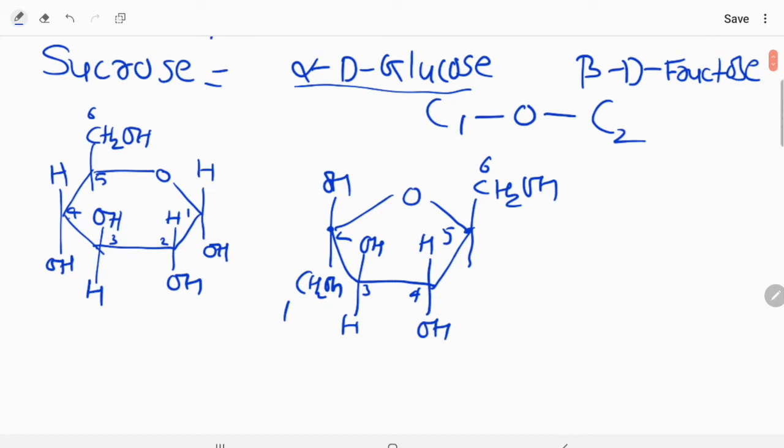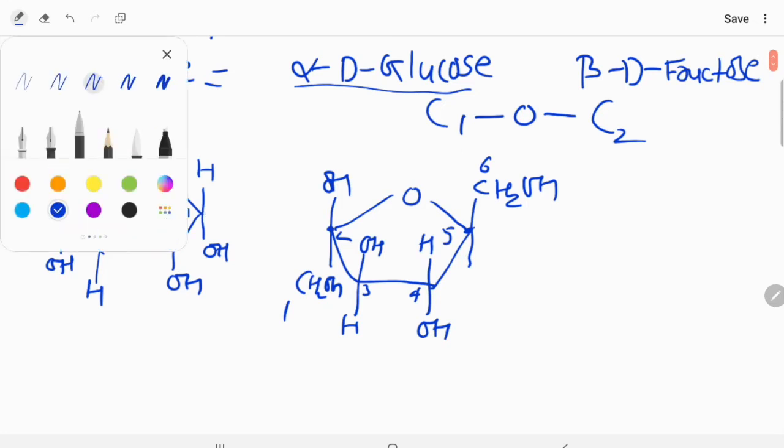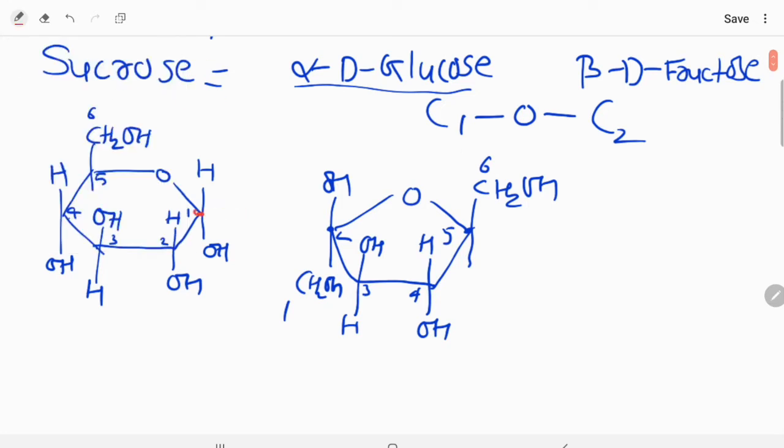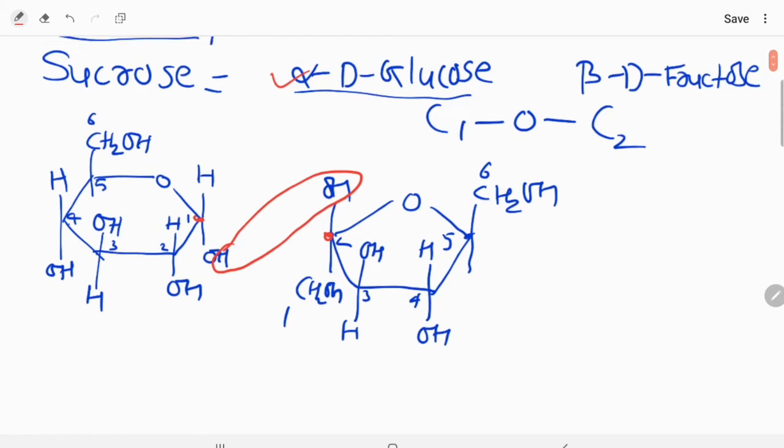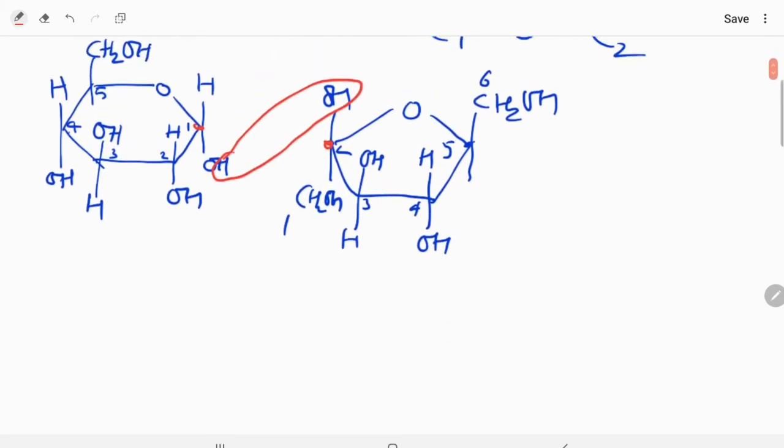Now what you will do, you will form the bond between carbon number 1, that means particular this carbon of alpha D glucose, and carbon number 2 of beta D fructose. So it means this one. So how we will make the bond? It's a very interesting topic. Please see it very carefully. Here what you have to take between this one, H and OH, so H2O is removed. Okay, H2O is removed, so minus H2O, and there is a link formation.